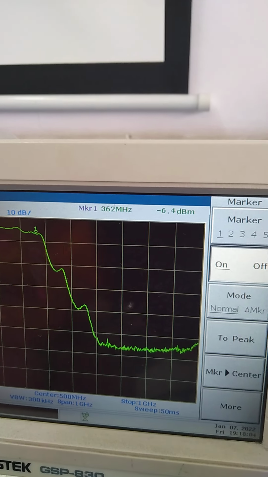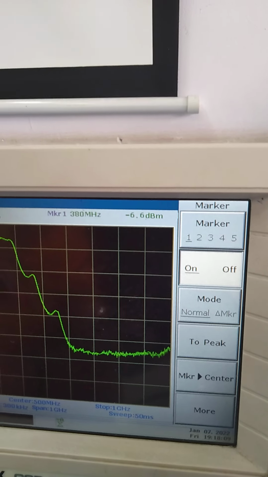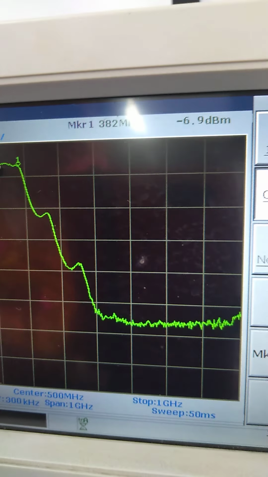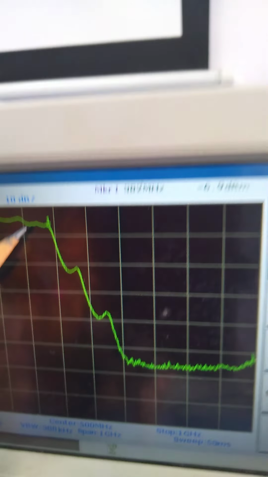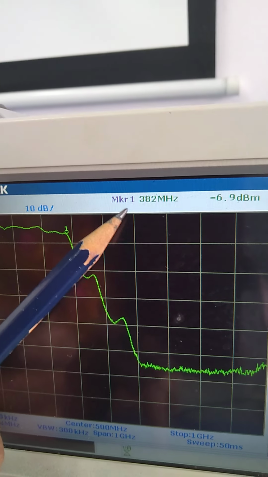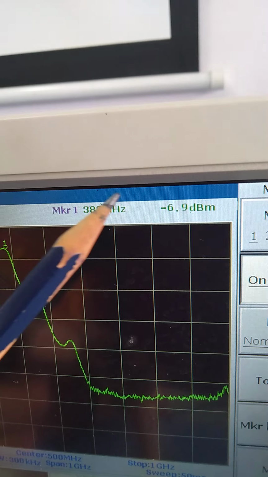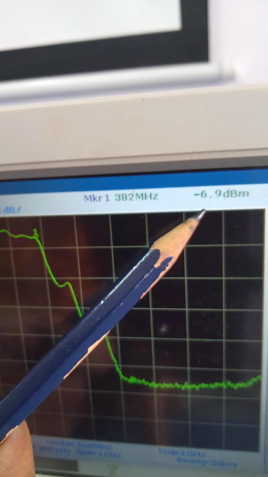So we have to stop it near minus 6.9 dBm. So this is the minus 6.9 dBm position, that is 3 dB down from your highest point. So we can read out this position: the frequency here is 382 megahertz and the attenuation is minus 6.9 dBm.